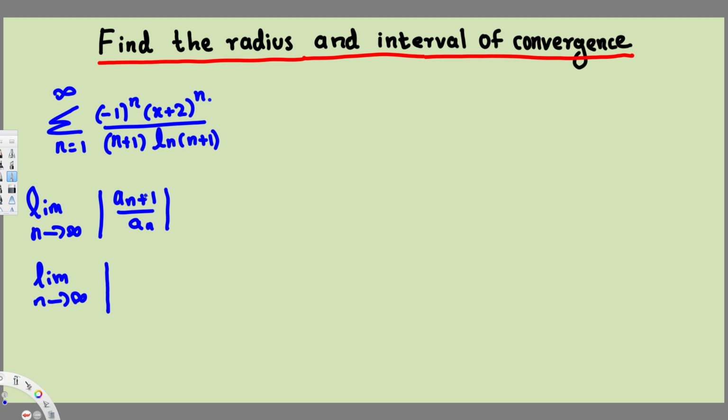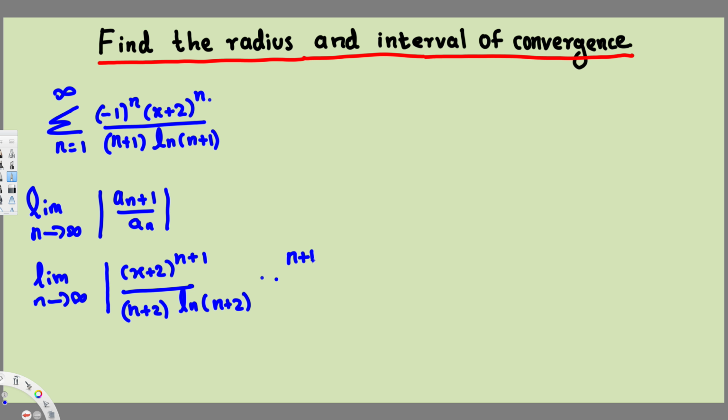Here we have to add 1 more to that, so that's going to be (x plus 2) power n plus 1, and in the denominator we are going to have n plus 2, and then ln(n plus 1), so that's going to become ln(n plus 2), and then we have to divide this by this one. It's the same as multiplying by the reciprocal of this one, so that is going to be n plus 1